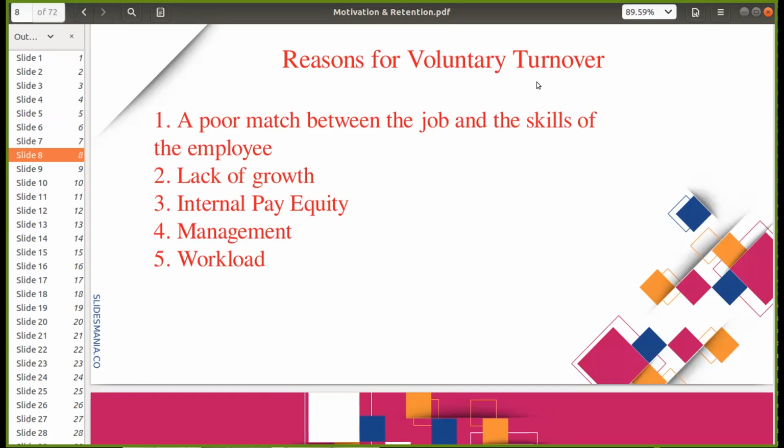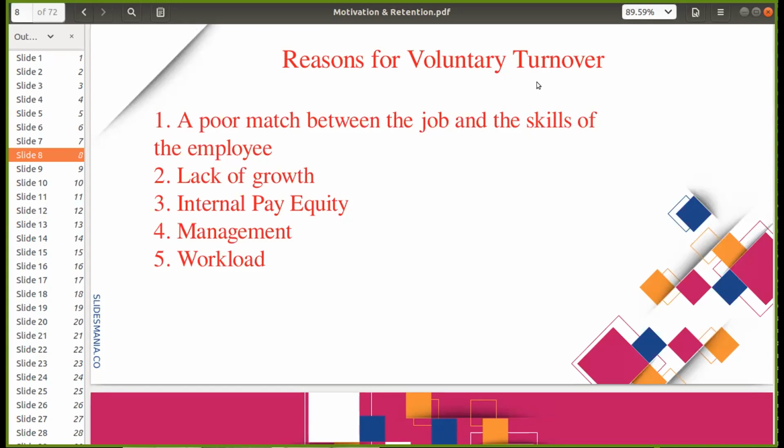And then workload, nabanggit yun kanina ni Dr. Kilimang Guru. Sobrang bigat ng workload at napapagod na yung empleyado, na burnout na siya as a result dahil doon sa mabigat na workload na yon, nawawalan na ng work and life balance. So hindi na siya balanse. Masyado na siyang yung buhay niya ay puro na lang trabaho, hanap buhay na siya ng hanap buhay na nakalimutan na niyang mabuhay. Okay, may kasabihan ng gano'n, di ba, class?